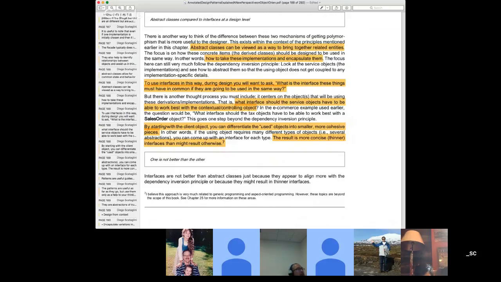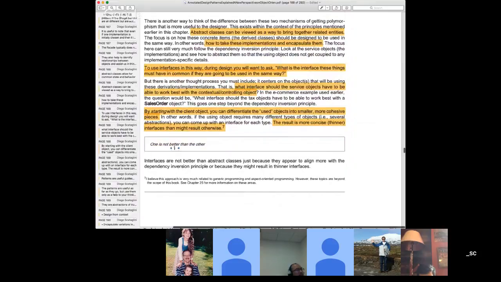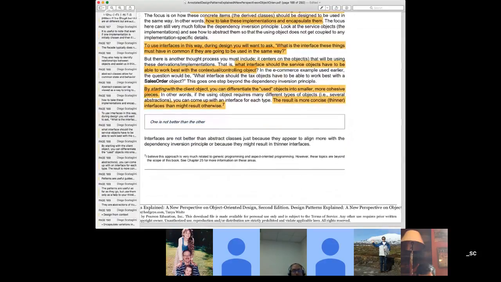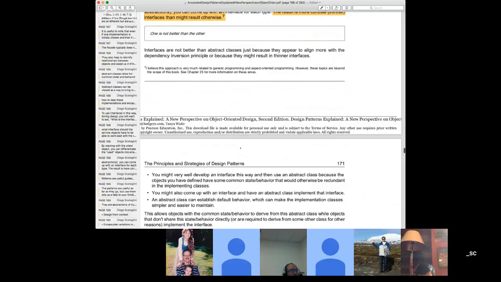So you might end up with thinner interfaces. And then again, one approach is not necessarily better than the other. You always have to counterbalance and evaluate the two options. Like throughout the whole book, pretty much, it seems to me that he goes and says,